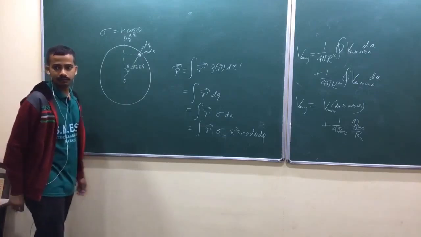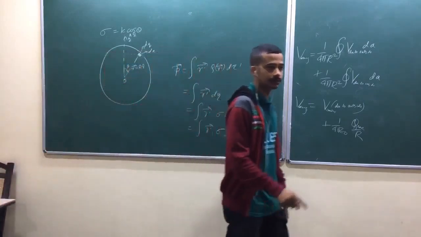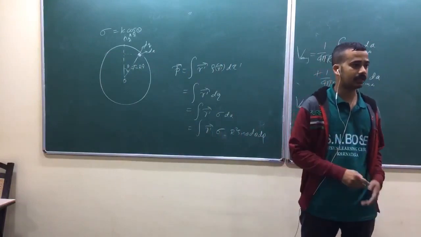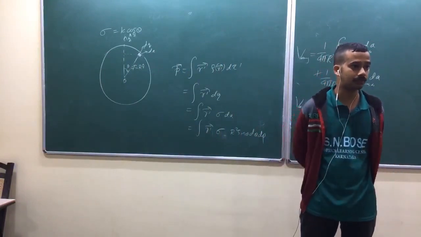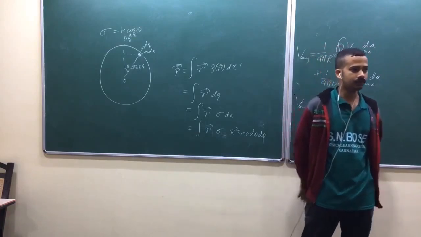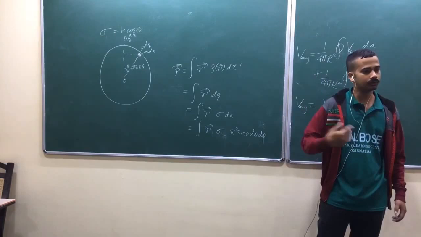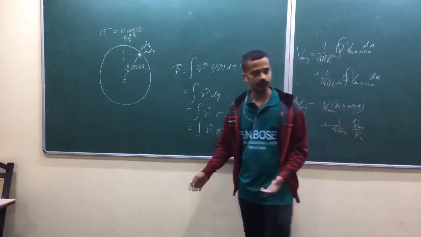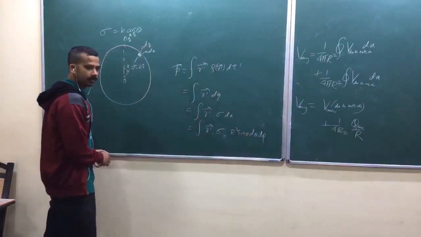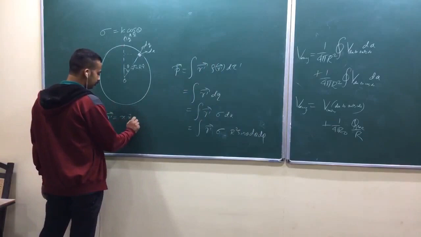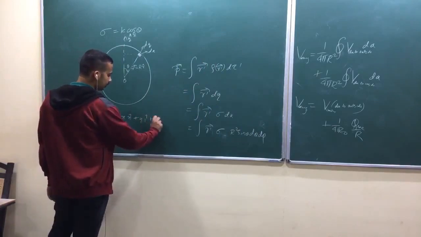Now what would you do? We had the very first problem in Griffiths. In that integral, he wrote the italic r in terms of x cap and z cap. Do you remember? Very first problem on electric field. Once you write it in Cartesian coordinates, throughout the integral those Cartesian unit vectors will never change. Again, apply the same idea. R prime vector is x cap plus y cap plus z cap components.